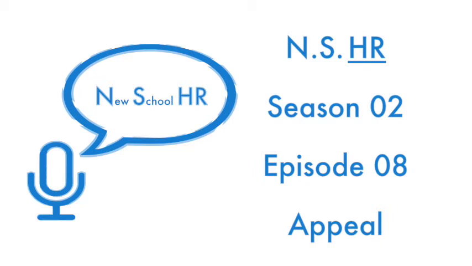So the right of appeal. Now, the first thing is to understand what your company's timescales are for the right of appeal. These are different. I've seen some that are 14 days, 7 days, 5 working days. So just make sure you're aligned and make sure that any documentation that you give that refers to the appeal also has it clearly numbered. The one thing I'd ask people to do is number the days, write in 7. People don't look for the written version of 7. Let's not be stupid about it.